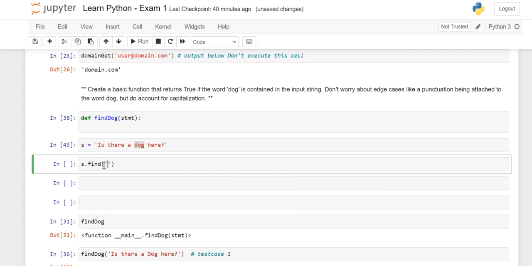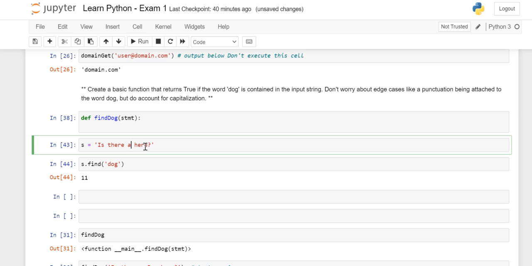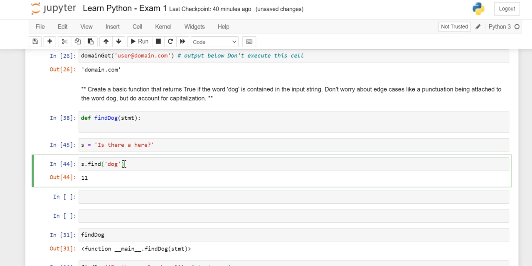So I know what I want to find, dog, correct? Yes, it gives me the index value, 11. Now what if my statement doesn't contain any dog? So we have seen this case.